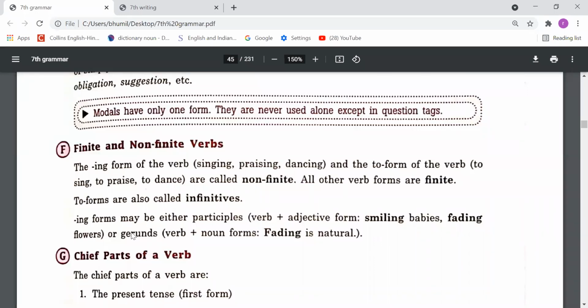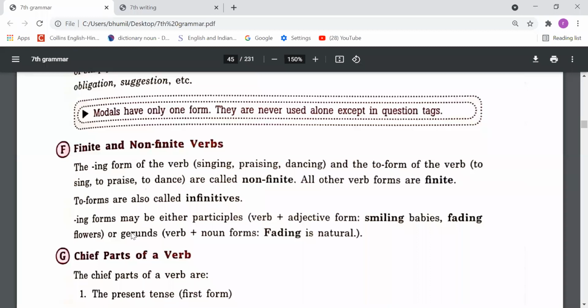So the verb which is affected or changed due to a change of subject, number of subject, person of subject, or tense of the sentence is called finite, and the rest of the verbs, which are not changed, are called non-finite. Suppose I say "I am going to play cricket," and if I say "I was going to play cricket," so "am going" and "was going" both these verbs changed. So these are called finite verbs. But "to play" did not change. So that is a non-finite verb.